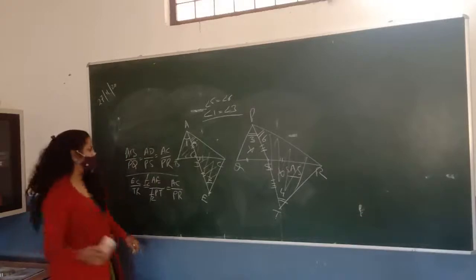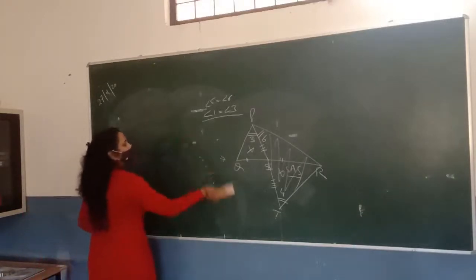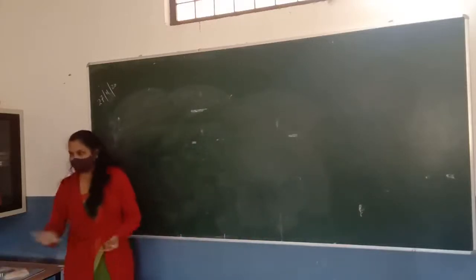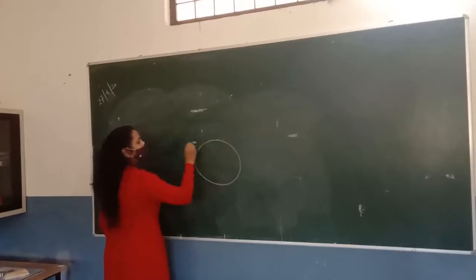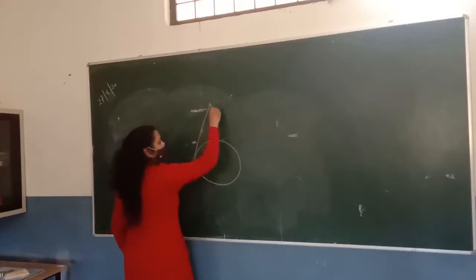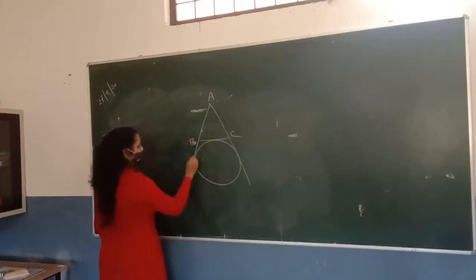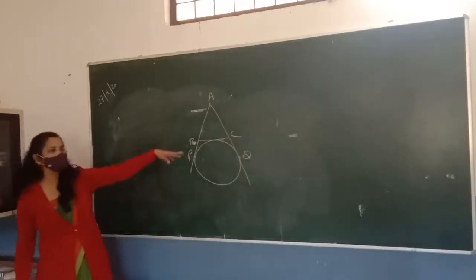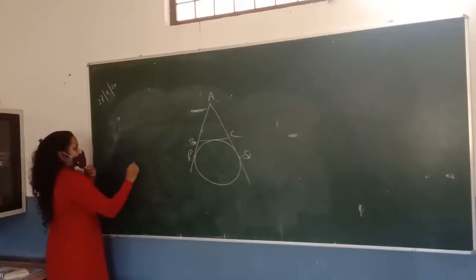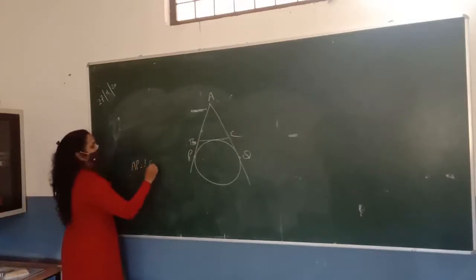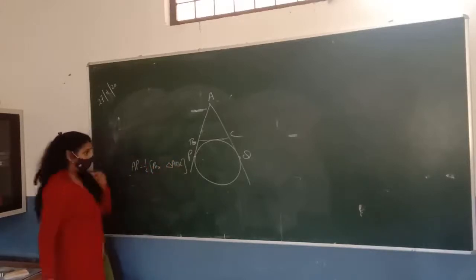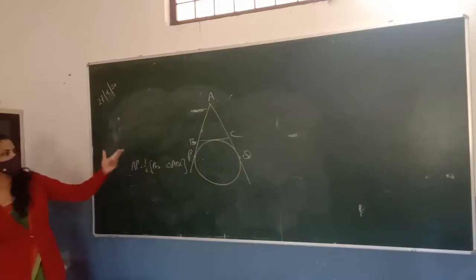Okay, one more new question for you. From the circle, I want to see who is going to answer me. This is a circle and this is a triangle actually. Two sides of this triangle are produced. This is the triangle ABC. Points P and Q. Okay? These are tangents and ABC is the triangle. You have to prove that AP is equal to half of the perimeter of triangle ABC. You have to prove that AP is equal to half of AB plus BC plus CA.